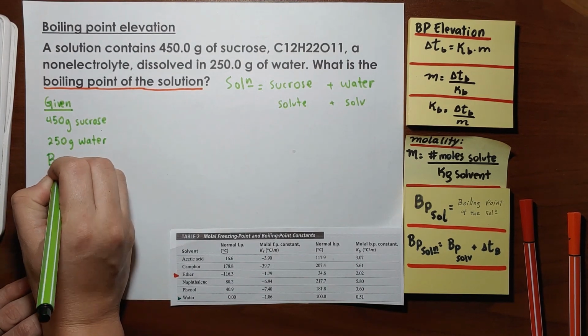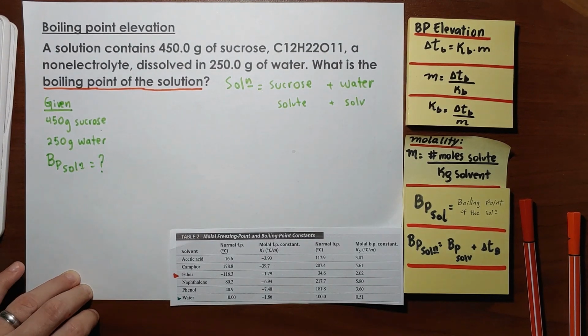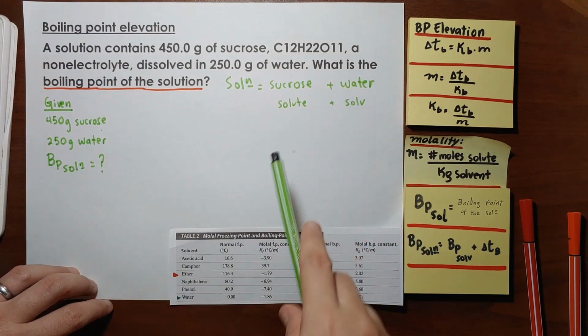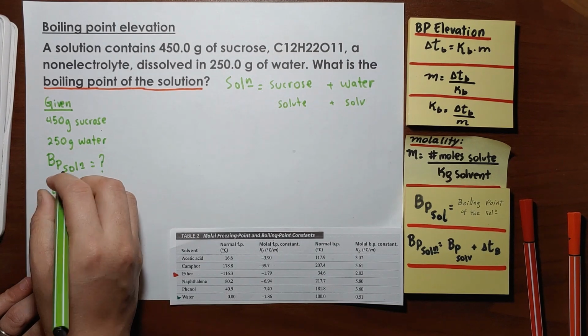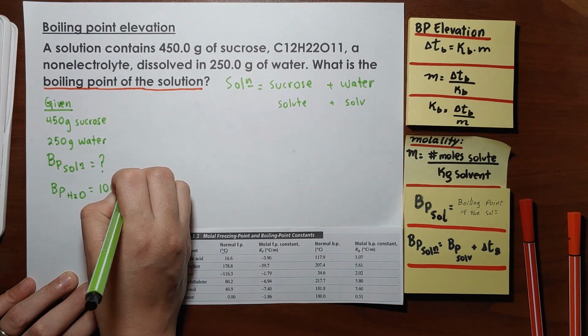So the boiling point of the solution is unknown. Now, as water is our solvent, we know that the boiling point of water is 100 Celsius degrees,